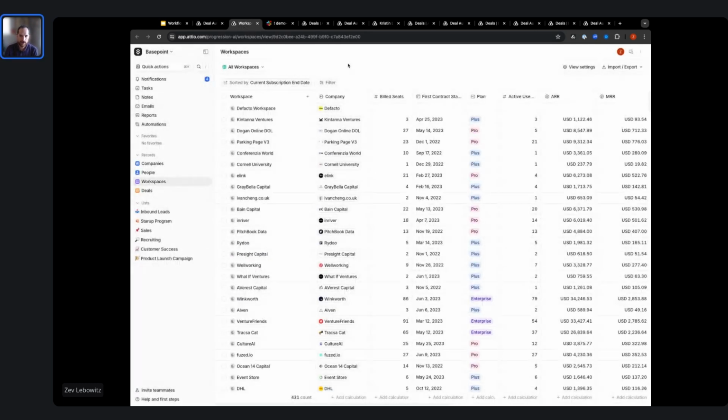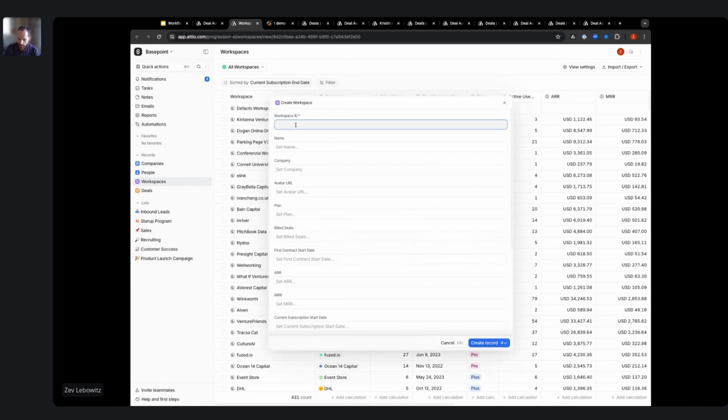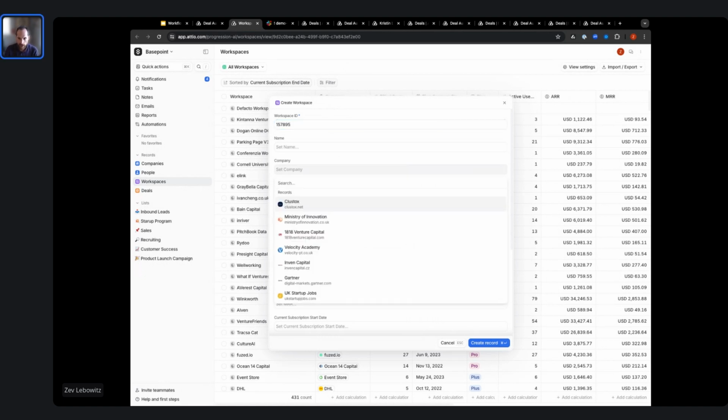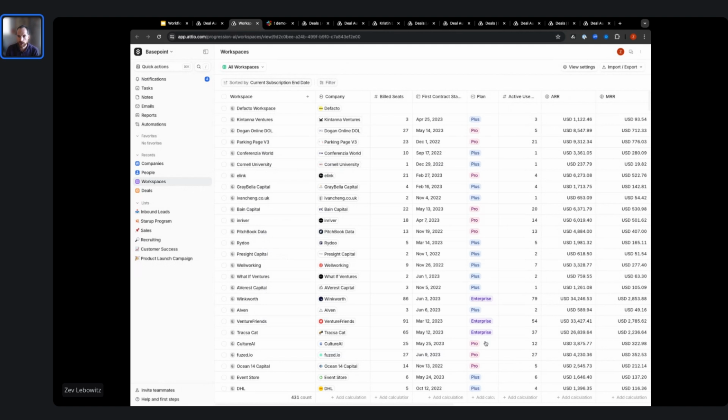As I mentioned, more often than not, workspaces will be created automatically, but I'll create one here manually just to show this workflow run. I'm going to give my workflow just some arbitrary ID and associate it with a company that I know has less than 1,000 employees, but has raised more than 10 million in funding, which is de facto. I'm not going to fill anything else out here just because I don't need it right now. But when I create this workspace record,